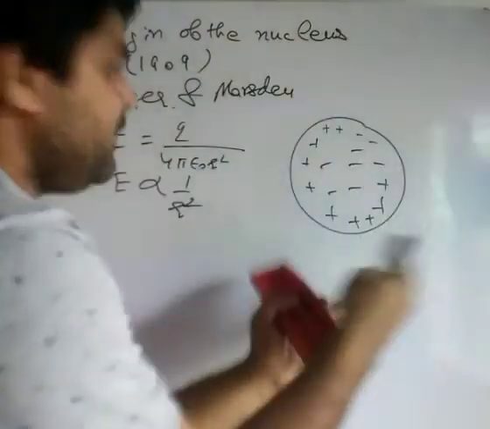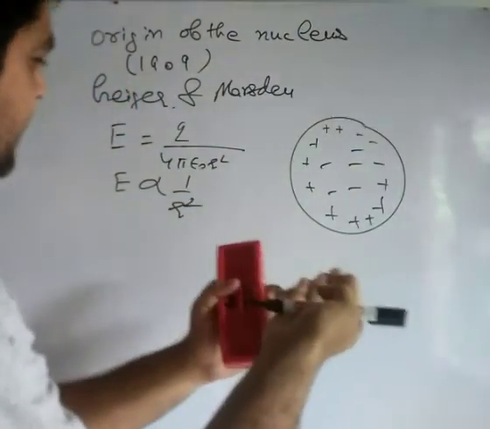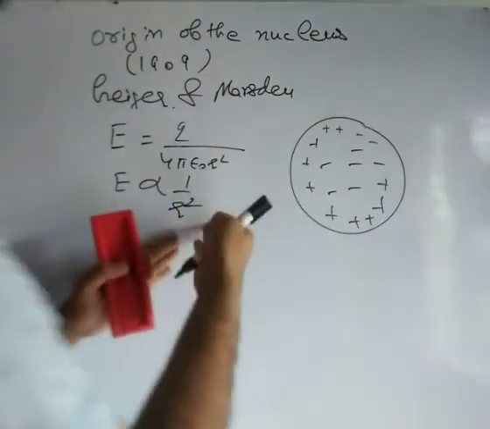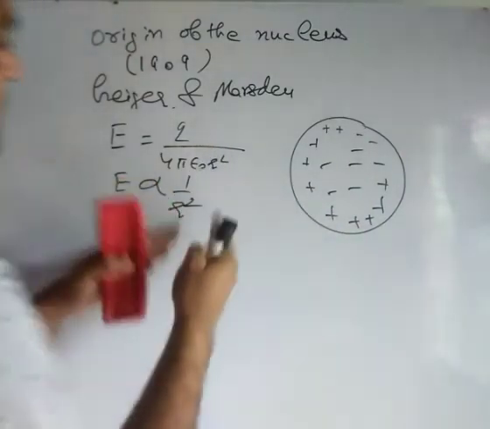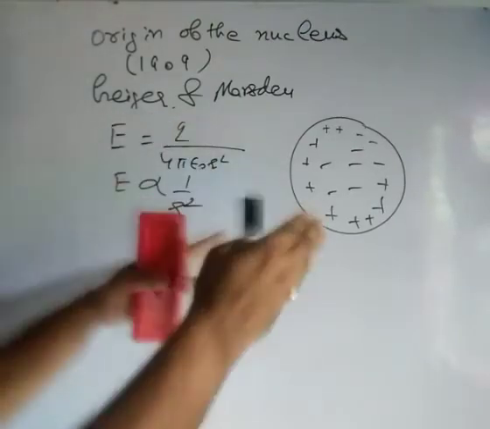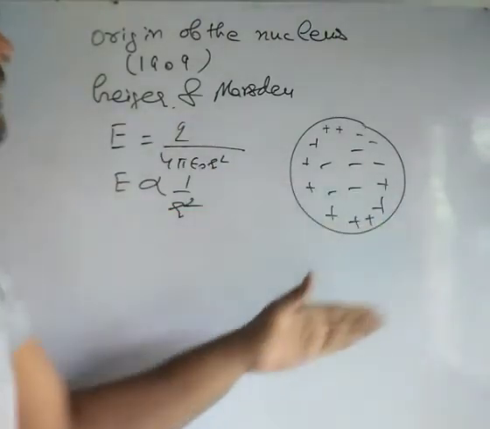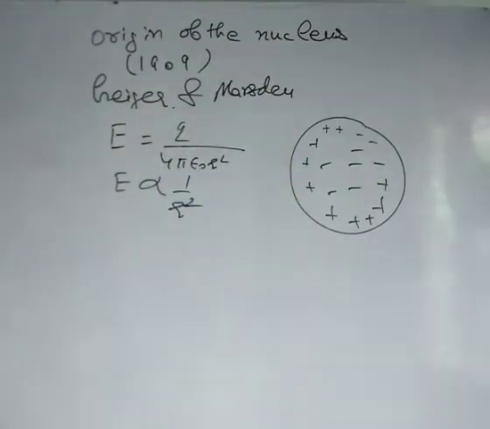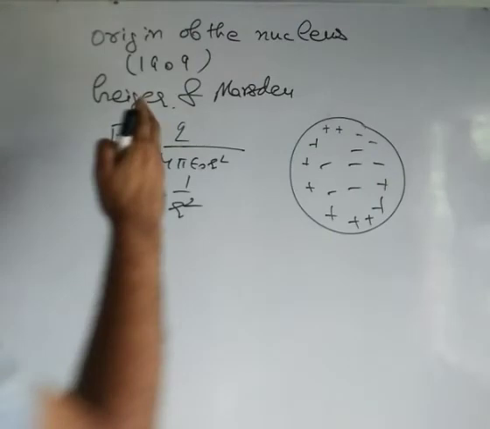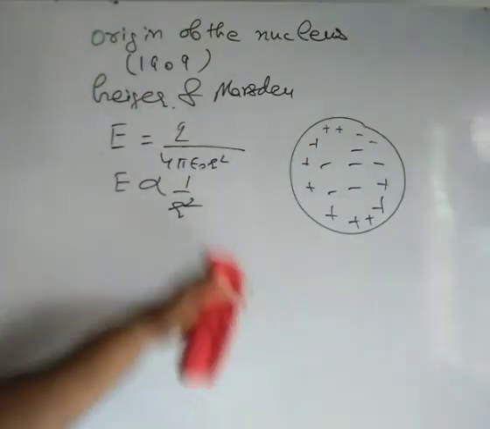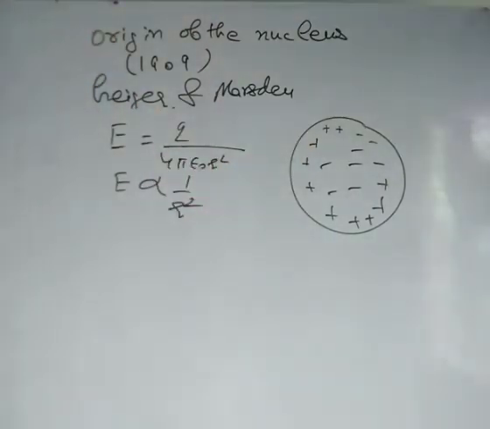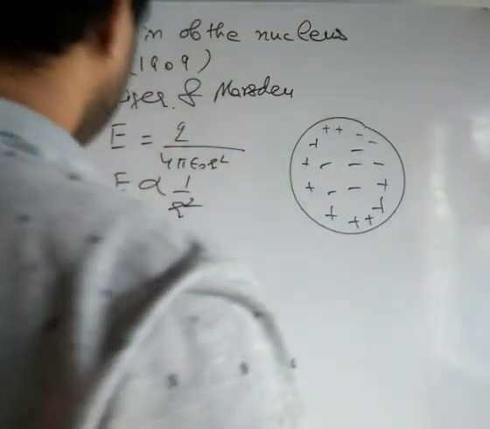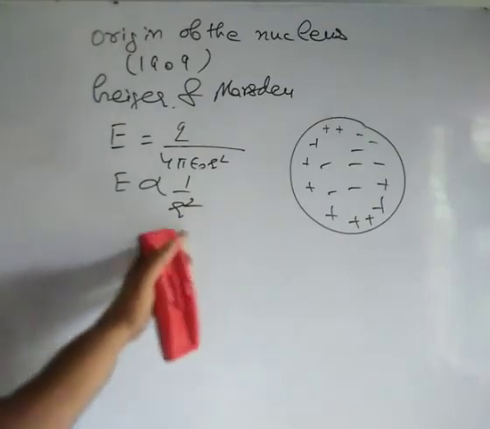So if you have a distributed charge, it means R is greater. For a distributed charge, you have a greater R. So the large R will create a weak electric field, and that weak electric field will not be able to deflect this alpha particle which possesses a high momentum. So this is a surprise, and Geiger and Marsden were unable to explain the backscattering. Okay. They did all the experiments, but unfortunately could not explain the backscattering.